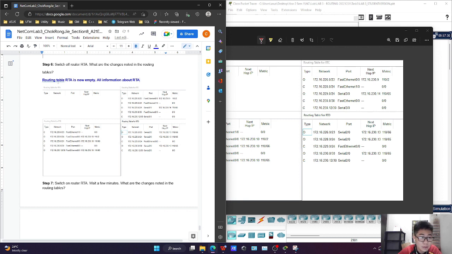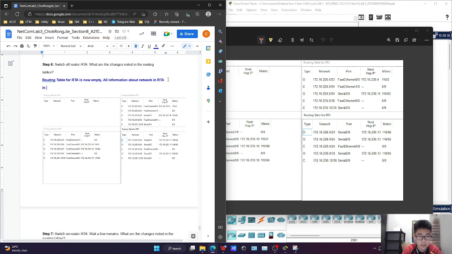Actually, routing table RTA is not empty. All information about RTA, all information about networks in RTA in other routing tables are deleted